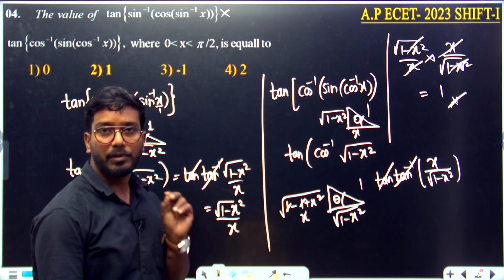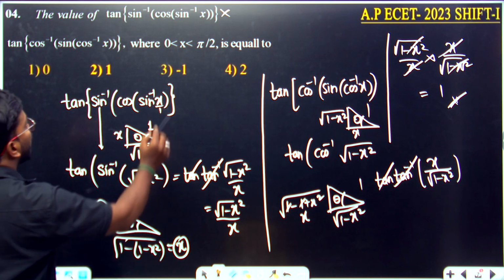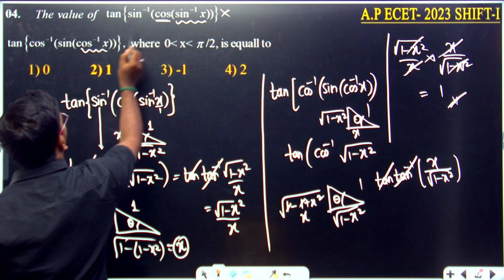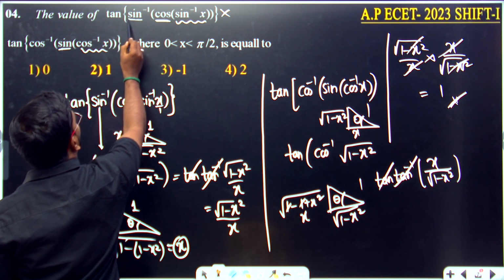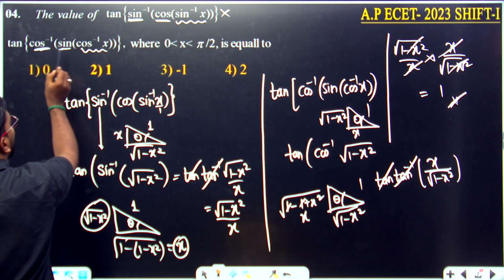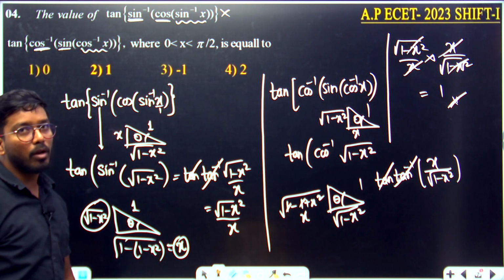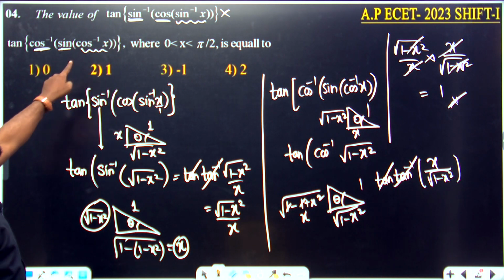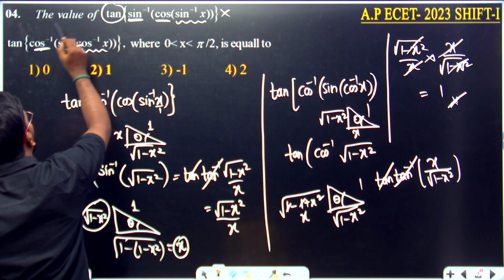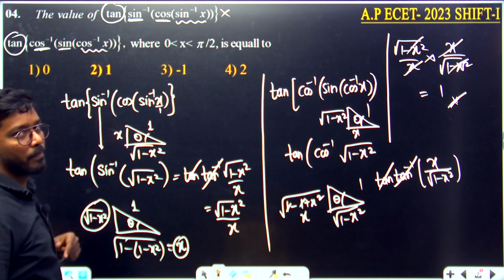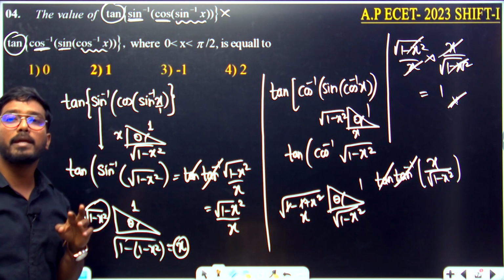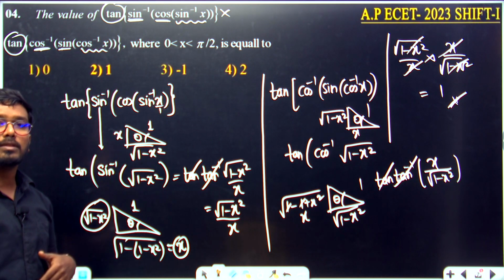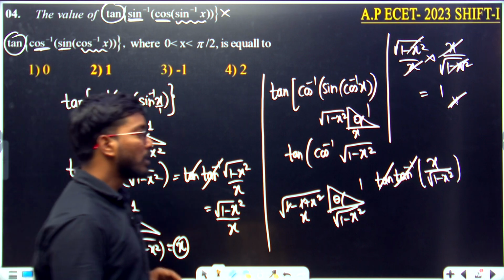What is the logic? Let me tell you clearly here. If you see here, what is the term? Sine inverse. What is the term here? Cos inverse. Cos. Sine. Sine inverse. Cos inverse. All are counterparts to each other or not? Yes. Sine place lo cos inverse, cos place lo sine, sine inverse place lo cos inverse. Then the first function should be the same. Then the answers will be reciprocal. And you multiply the two reciprocals, the answer is going to become 1 only, right? So that's how.